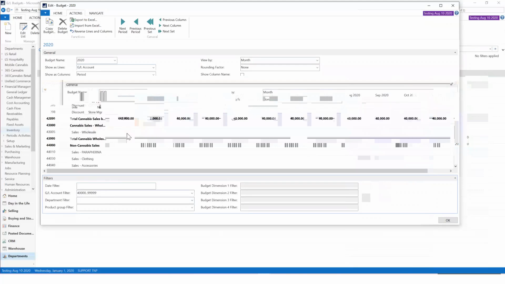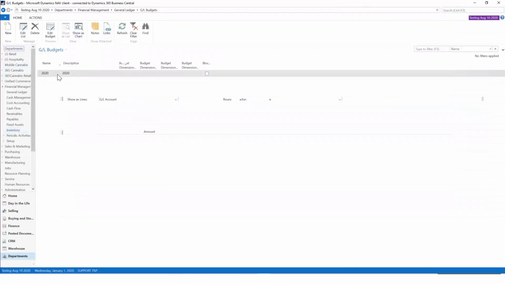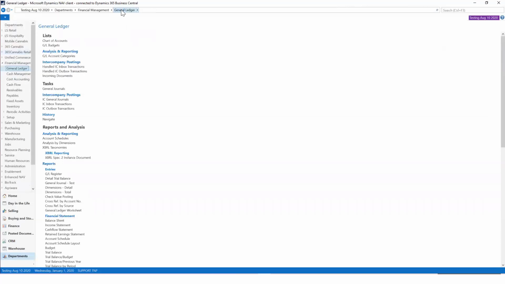I want to see all the operating to get the cost of goods sold in. We can slice and dice this any way we want. When I say okay, I can see these here. If I want to, I can budget by those dimensions and I can tell it what dimension I want to budget it. Right now, I'm not going to do that, but I'm going to go back to the general journal